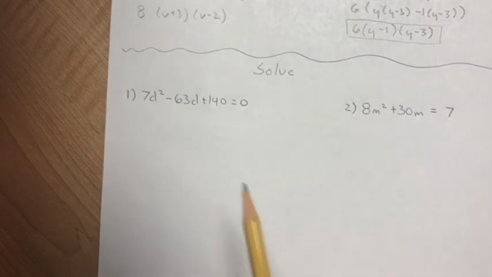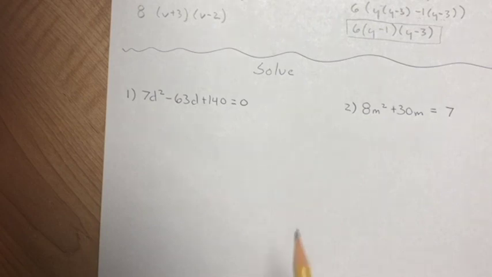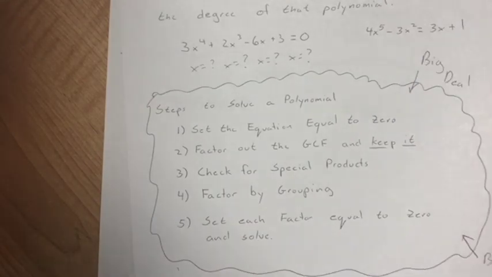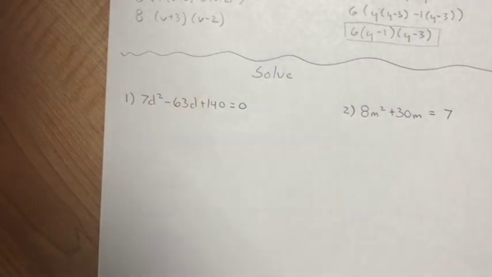We're going to do these two together and then we'll be done with this video because it is running a little bit longer than I expected, but that's okay. So we're going to be doing the whole thing. First off, we need to solve this. So it's telling me to set the equation equal to 0. That is my first step with solving a polynomial. In this particular case, I have